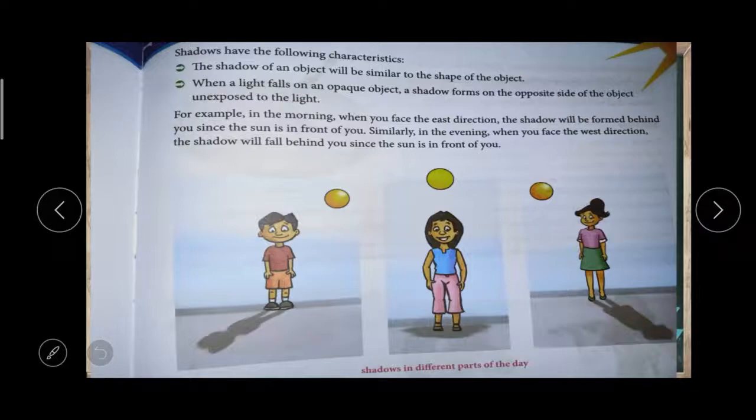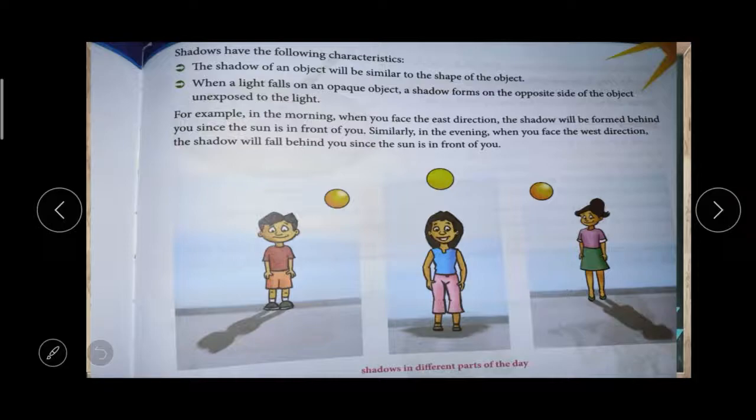Okay, then shadows have the following characteristics. The shadow will be like the shape of the object. We know that the shadow will be like the shape of the object. So if the light falls on an opaque object, the shadow forms on the opposite side. We all know that the shape will be the same as the object, and if the light falls on the object, the shadow will be formed on the opposite side. Okay, so for example, we can say, right,